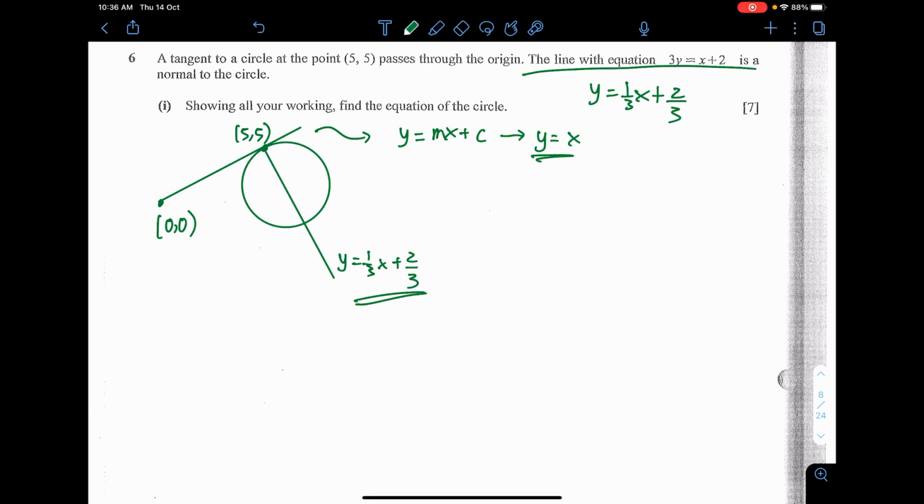Okay, wait, I just realized that this normal is not necessarily crossing exactly there with the tangent line. Okay, how do I know that? The gradient here is 1. The gradient here is 1 over 3. If they are indeed perpendicular, then the gradients must multiply to negative 1, right? So yeah, I don't think that is the line. So let me just cancel this line. And one more thing, this gradient is actually a positive number, so it's somewhat going up. So it should be like this then. Okay, so this is the line.